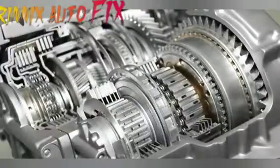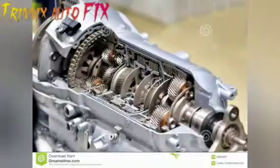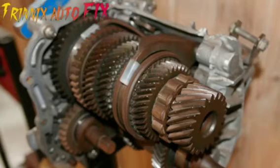There are several types of CVT transmissions, but the most common is the pulley-based CVT, which uses a V-shaped belt or chain to connect two cones, one which is powered by the engine and the other which is connected to the driving wheels. When moving the cones towards and away from each other, the CVT transmission creates